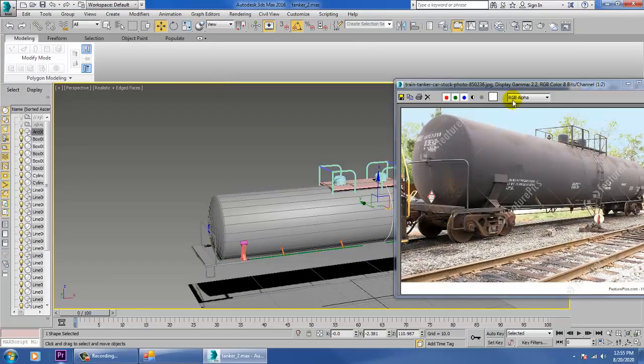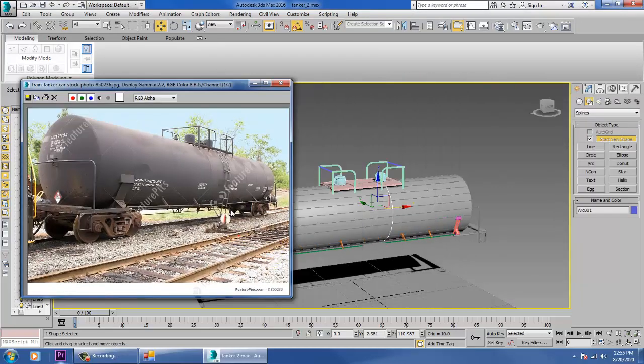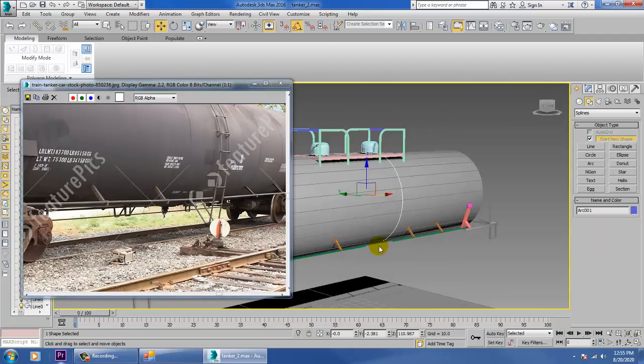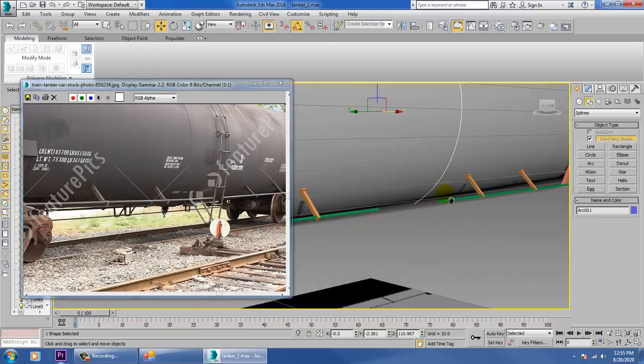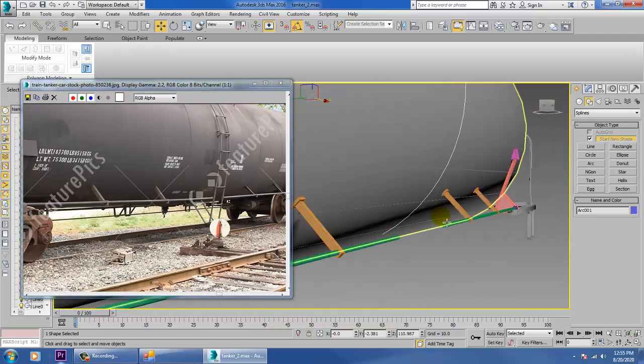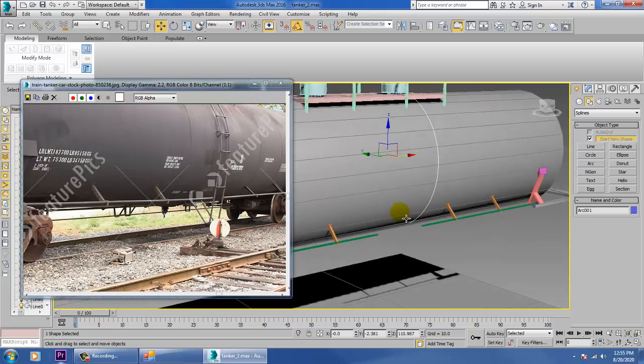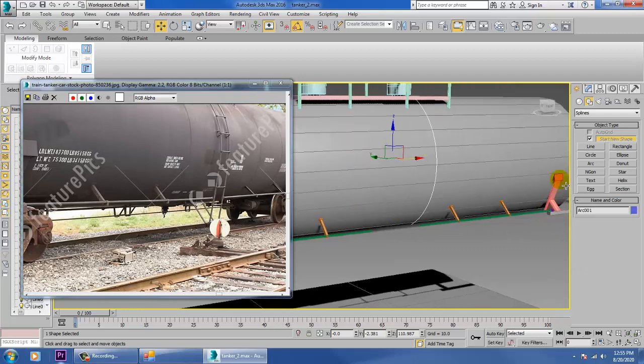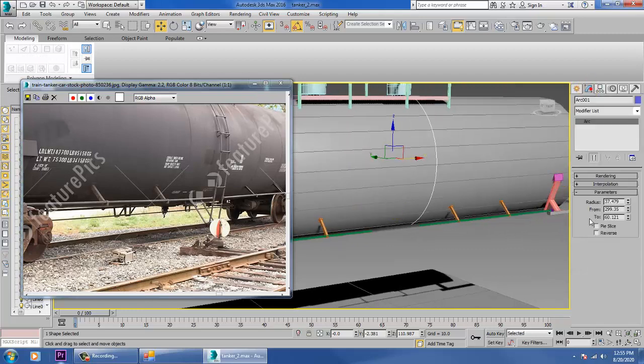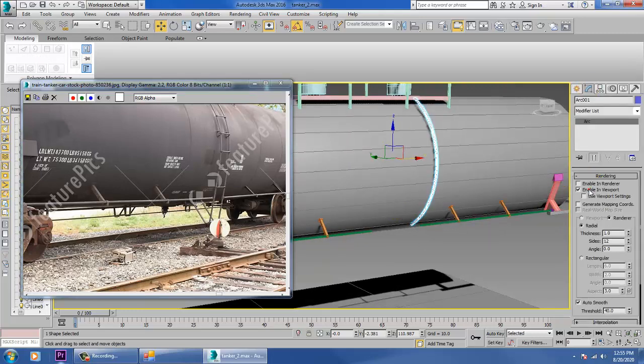So if you see this is only going till here, till down. Go into rendering, enable in viewport and reduce its thickness.